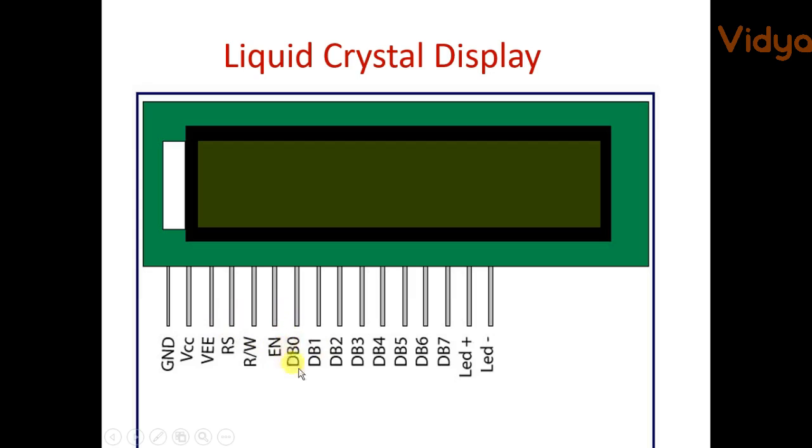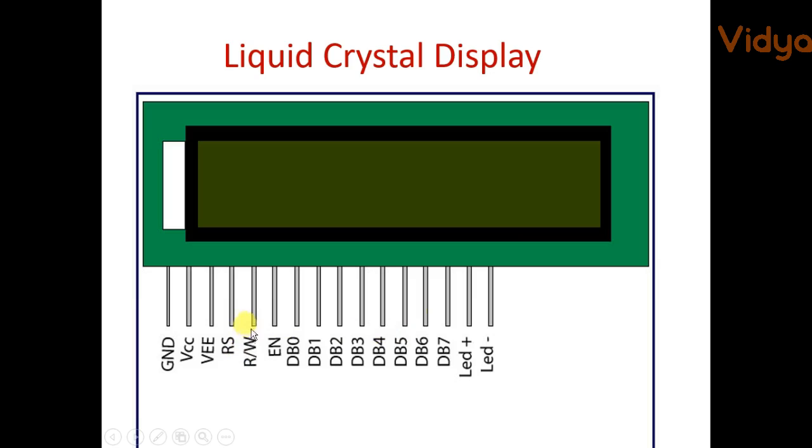So whatever we give onto this data bus, whether it is to be executed as a command like clear display, shift display towards left, shift display towards right, or whatever it is, if it is to be treated as a command, then RS needs to be made 0. And whatever we give through this data bus or data pins, if it is to be treated as an ASCII character, then RS needs to be connected to logic 1. I repeat, RS 0 means a command is given from the data lines. RS 1 means data is given through the data lines.